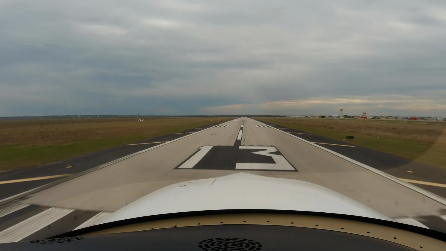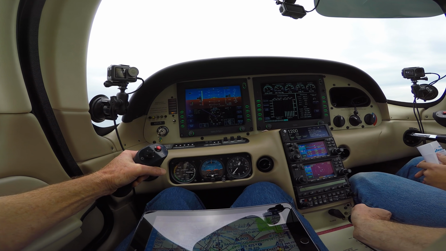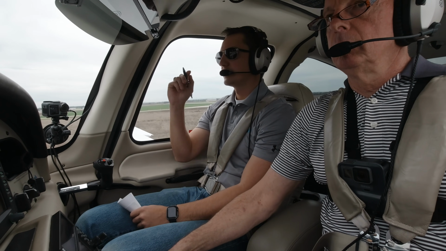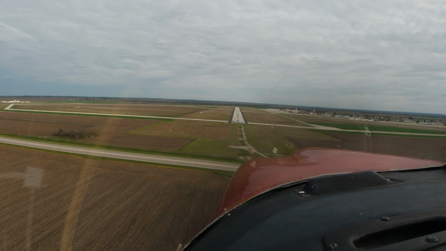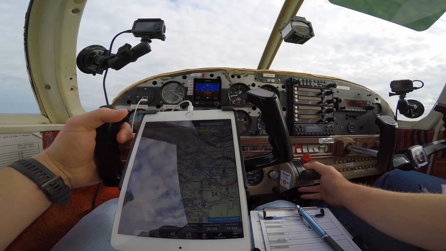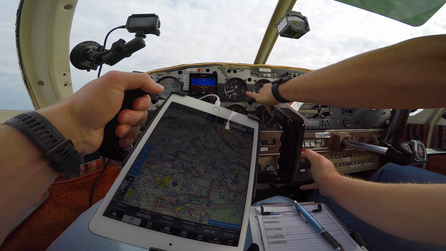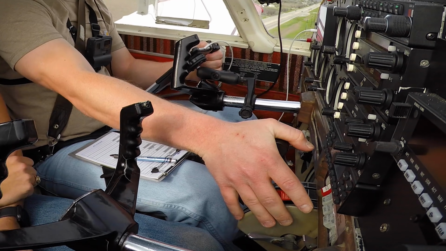Unstabilized approaches and messed up go-arounds sort of go hand in hand. Can you define a stabilized approach for me? Is there a published FAA criteria that we can use to tell whether an approach is stabilized or not? There's none of that. When should you execute a go-around, and when should you continue to a landing? We want criteria that takes the guesswork out of these decisions. Before Dan walked me through these flight reviews, I couldn't answer those questions myself, and now we're going to answer all of them right here. Welcome to part 4.